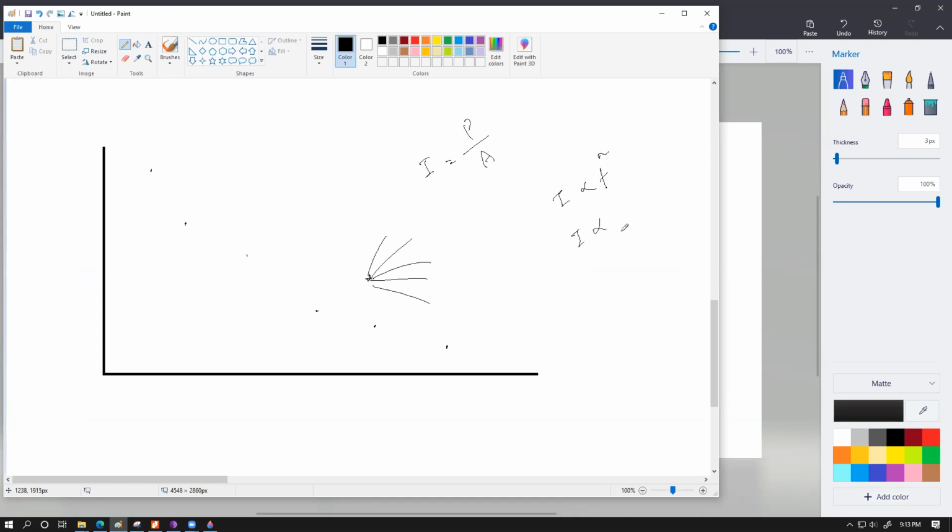Intensity of a certain wave is directly proportional to its amplitude squared at that location. And intensity of a wave is directly proportional to the inverse of the distance squared from the source. These are the three dependencies of the intensity of a wave on three different physical factors. You're going to use them in your AS level, but just because you asked that question, I wanted to entertain this because it's small information.